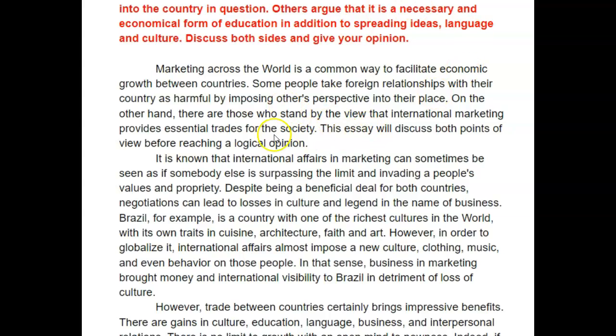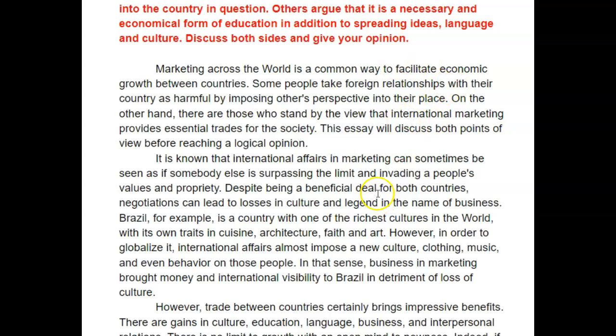So what does that mean? It means don't do this. It says this essay will discuss why I believe XYZ, and discuss both points of view with arguments. Maybe you don't want to do it like that. Maybe you want to just say this: in my opinion, I believe that although XYZ, on the whole, ABCD. Okay, so something like that. There are a lot of different ways you can do it. All right, so that's something I want to say.